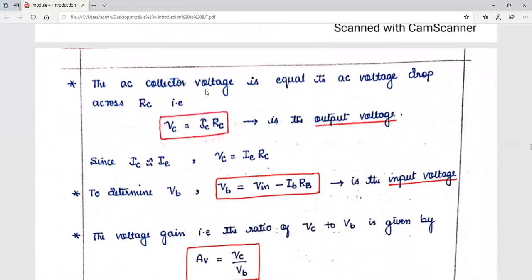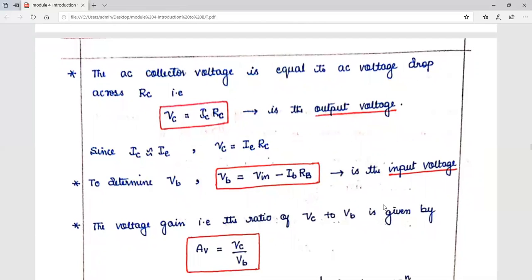And the AC collector voltage is equal to the AC voltage drop across the resistance RC. So the voltage across RC is VC, which is equal to IC into RC, which is our output voltage. Here also we know that IC is almost equivalent to IE, so we can write the equation VC equal to IE into RC. Now, if you want to calculate the input voltage, it can be calculated by VB equal to Vin minus IB RB. Now we know that voltage gain is given by output voltage by input voltage,